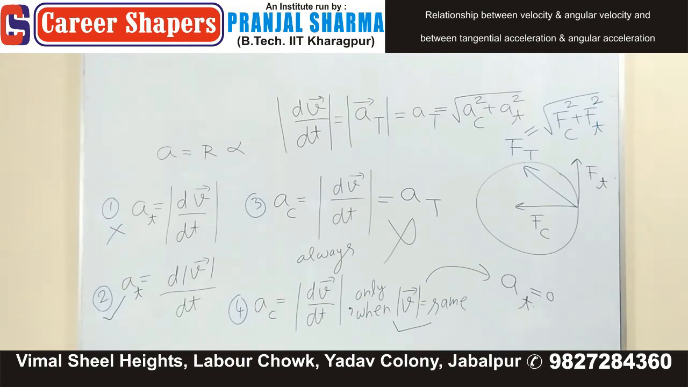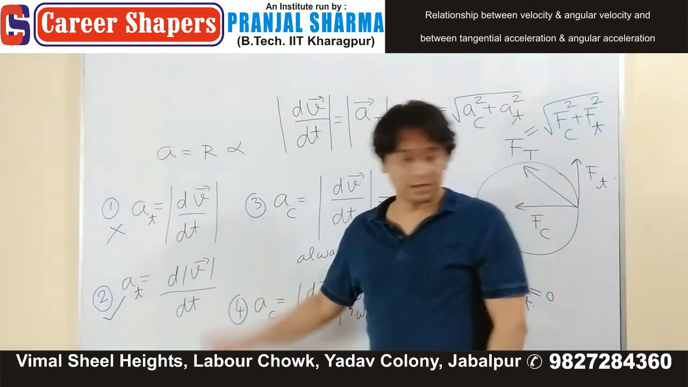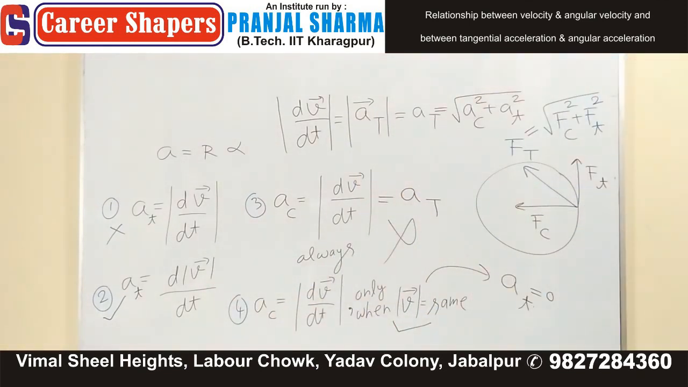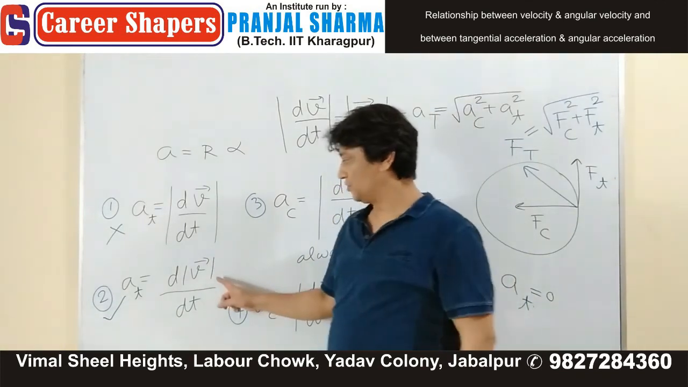And if you have any confusion, you can simply ask me. Can you explain part 2? Which part 2? Part 2 means option 2. You want me to explain option 2? इस ऑप्शन 2 का मतलब है मैग्नीट्यूड ऑफ V।